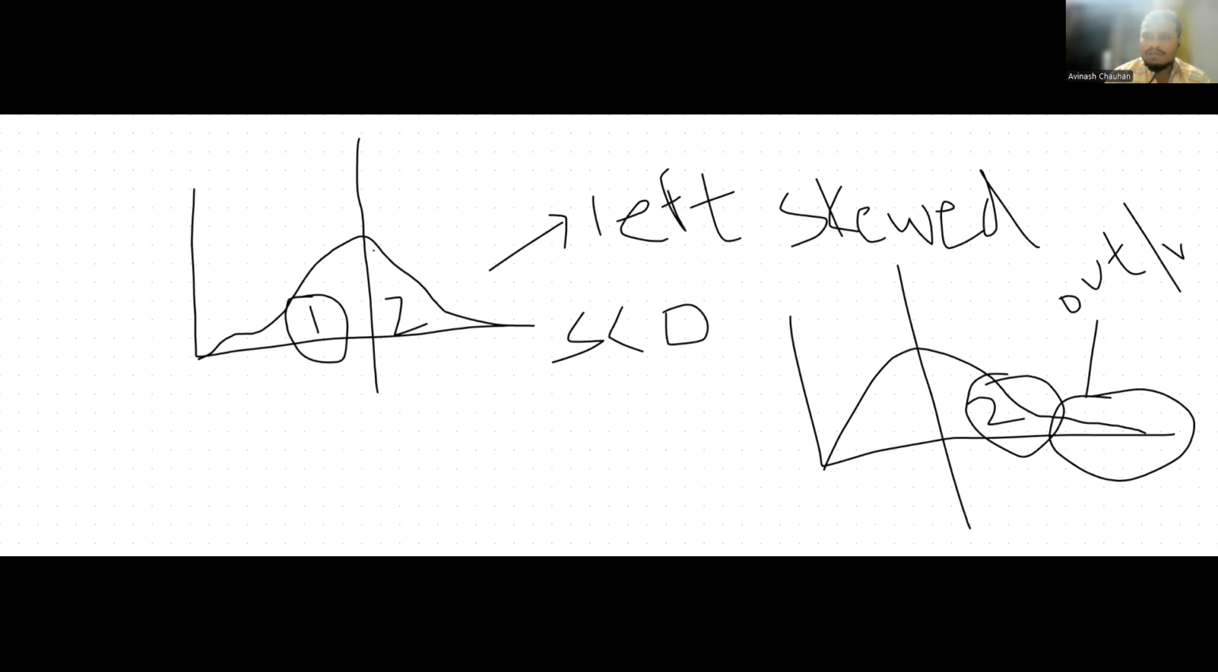This particular thing is my outliers. And when it is right skewed, what will be the skewness value? Skewness value will be greater than 0. Now let's move on